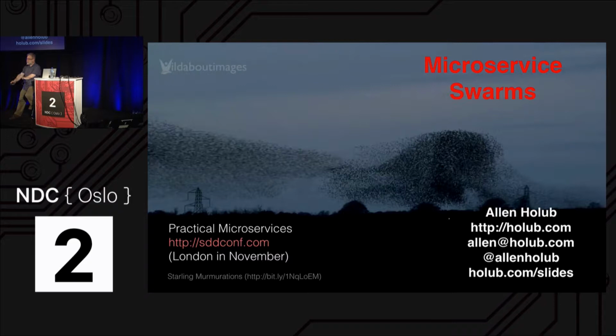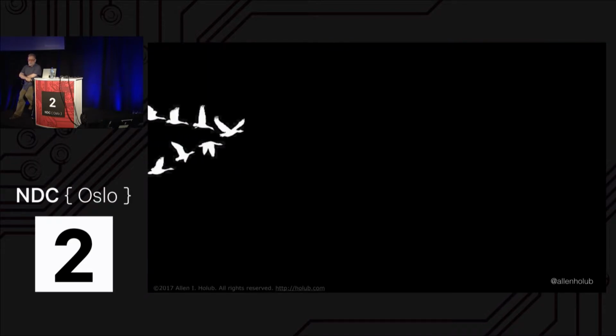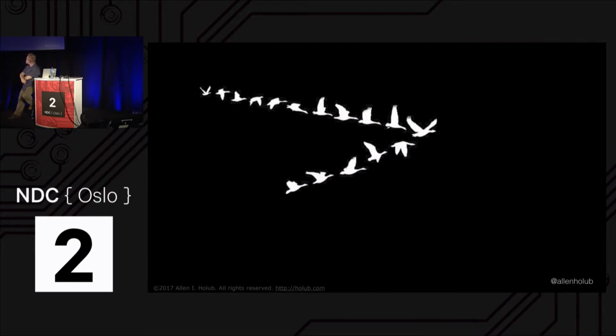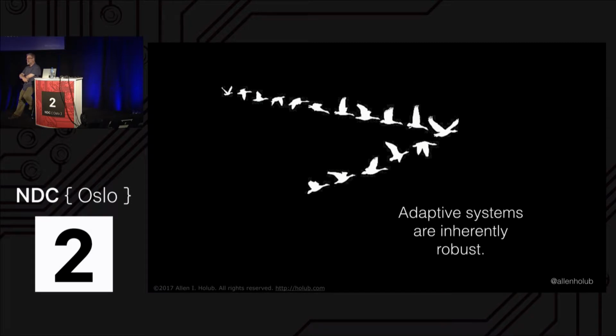But let's talk about swarming and what that's all about. First of all, swarming systems are systems where you have objects cooperating with one another without any controlling agent at the top telling everybody what to do. In the case of a flock of geese, each bird is just following the bird that's right in front of it. And interestingly, in the murmuration of starlings we were looking at on the initial slide, the same rules apply, as every bird is just looking at the bird in front of it.